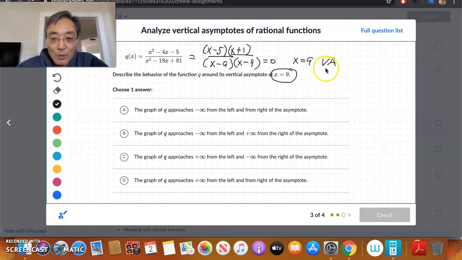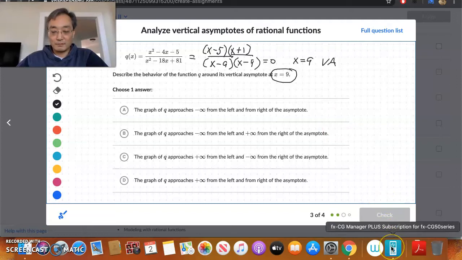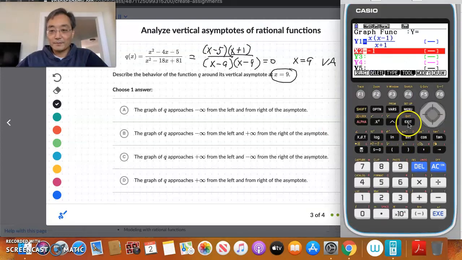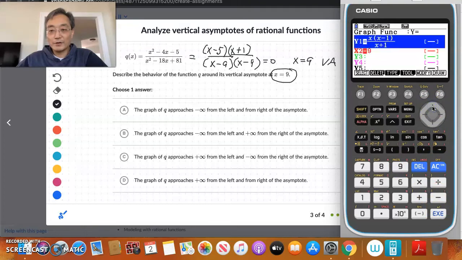So the question is, what's happening to the left and to the right of x equals 9? All right? So what we're going to do is this. We're going to graph it, and then I'm going to show you how to do it algebraically. Let's graph this thing. And we're going to change this into 9. Okay? And then we're going to change the function into